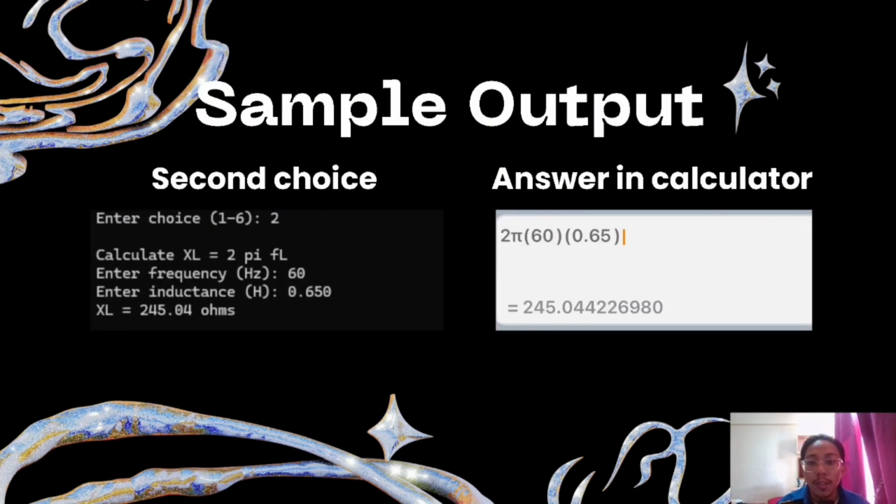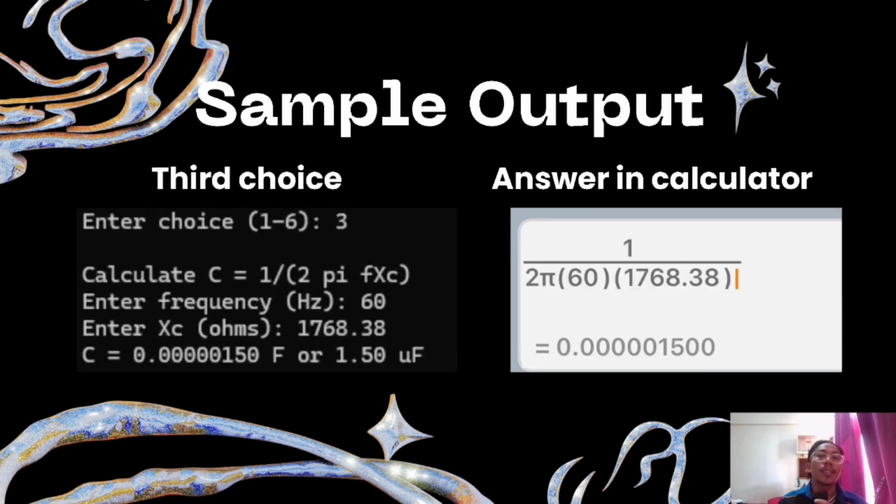sample output for the second choice. The sample output for the second choice is for XL, which is 2 pi FL, the formula. We enter the frequency again, which is 60 Hz, and we enter the inductance, which is 65 millihenry, which is 0.65. So we got XL equal to 245.04 ohms, which is the same as in the calculator calculation, 245.04 ohms. So for the next one, the third choice